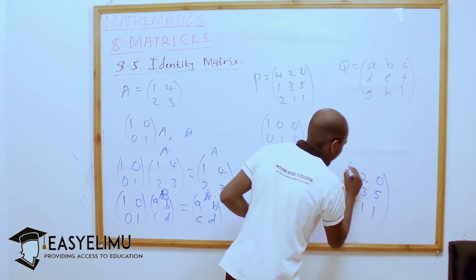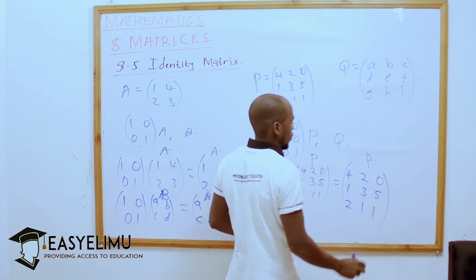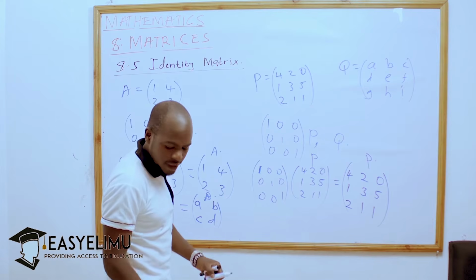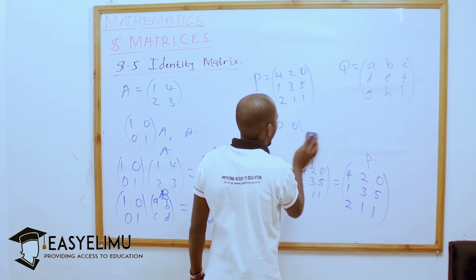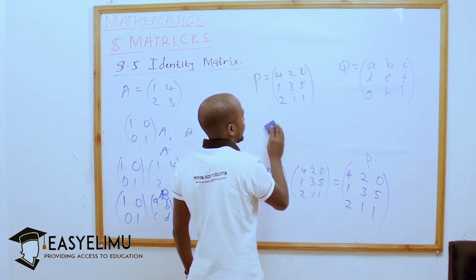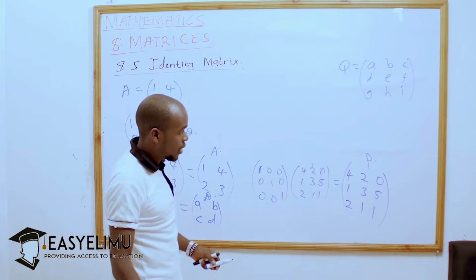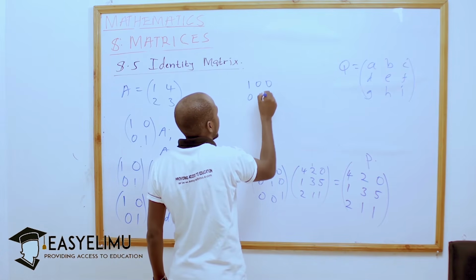So we are getting the same thing. We are just getting our P back. So that was for the P. Let's see for Q. What shall we get? In case it was Q, which has no numbers, we shall find out that if we pre-multiply by that one,